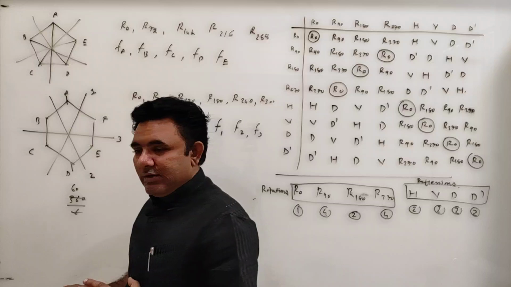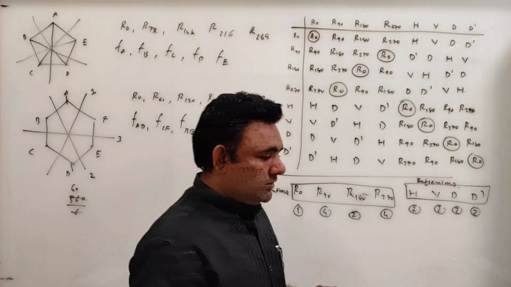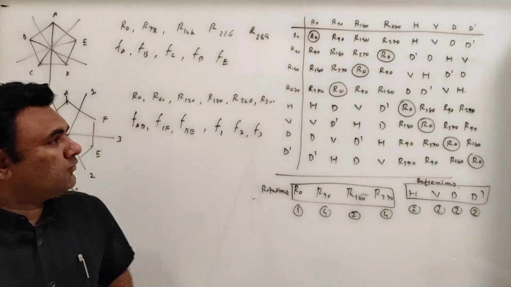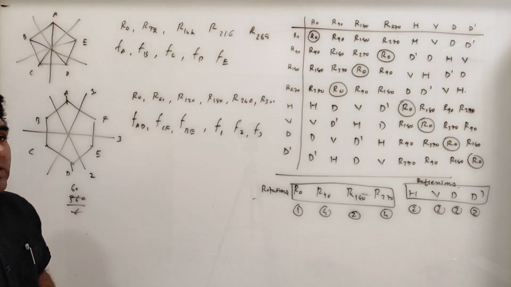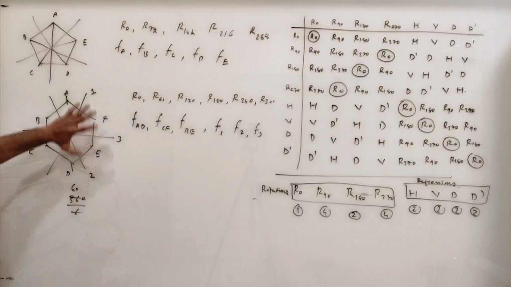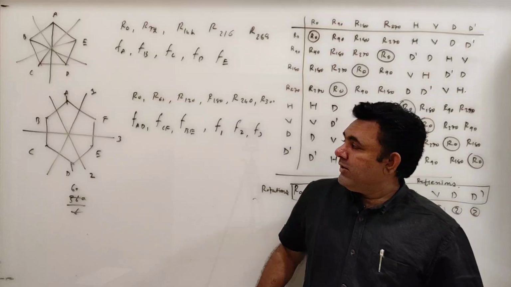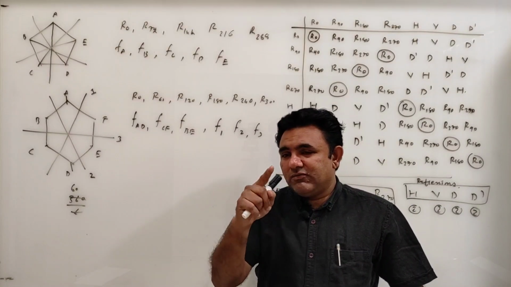It will be non-abelian for n greater than or equal to 3. Why for n equal to 1 and 2 it is abelian, we will see. It is a very trivial thing, but for n greater than or equal to 3 it will be non-abelian. But we want to make it abstract, so we will not go with these figures. So if you want to define the dihedral group of order n, what do we need? One reflection, one rotation,